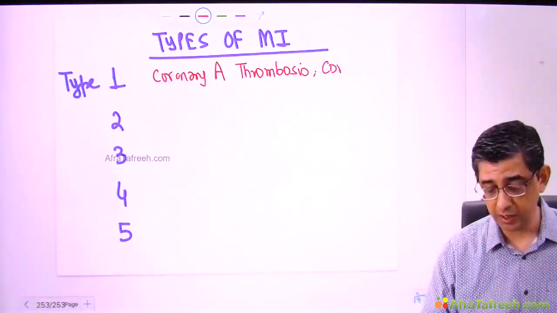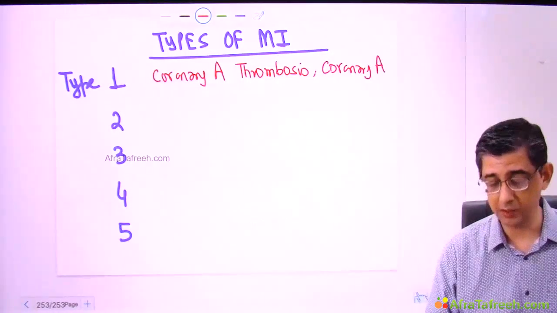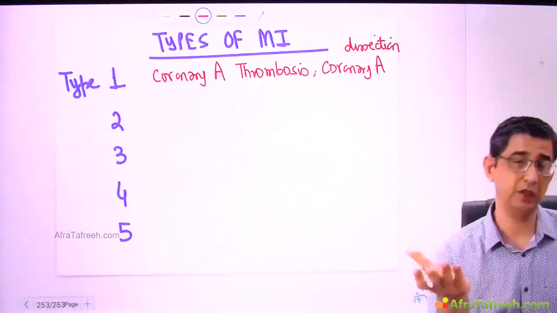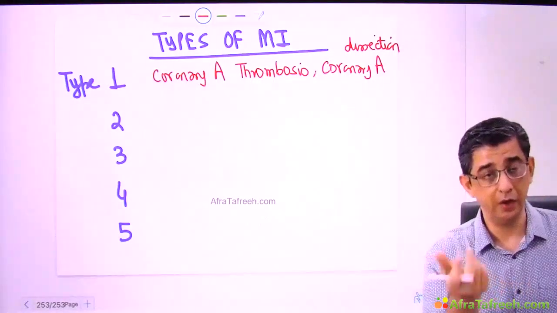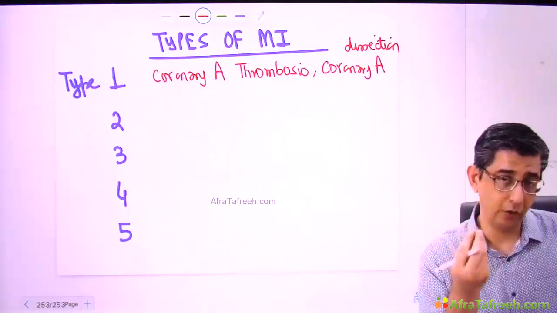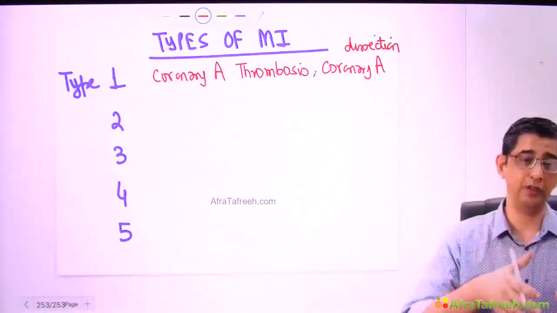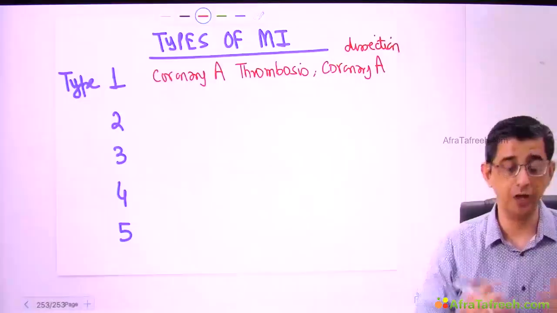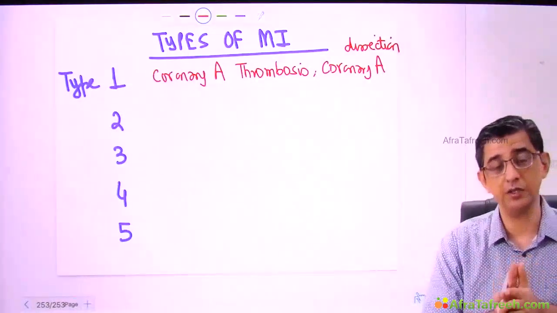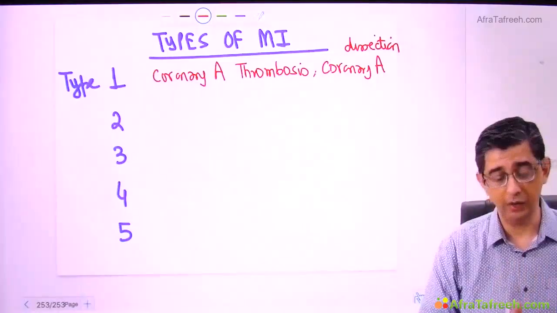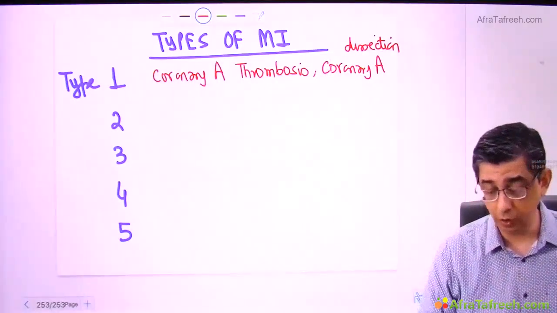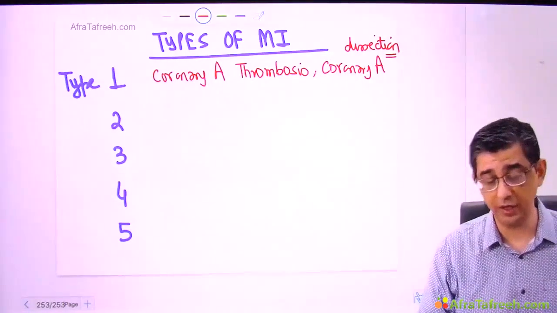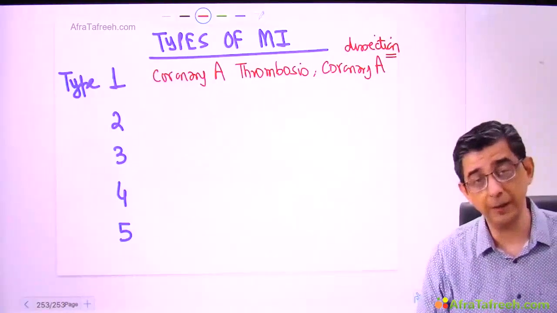In fact, if a person is hypertensive, then in a hypertensive patient, you might even have a coronary artery dissection, and the coronary dissection is again related to damage to the blood vessel per se due to the progression of the retrograde aortic dissection. You see, aortic dissection can travel antegradely towards the carotid artery, it can travel antegradely to the brachiocephalic trunk, but retrogradely, the aortic dissection can travel into the coronary artery also, and that would be type 1 MI occurring in a patient. And you will not do thrombolysis in coronary artery dissection because there is no advantage of doing a thrombolysis in a tear in the artery when the person will unfortunately die.